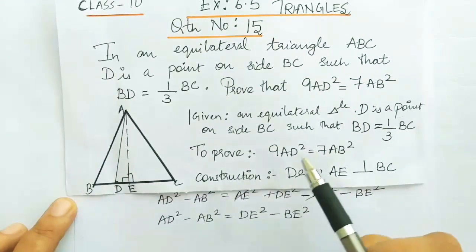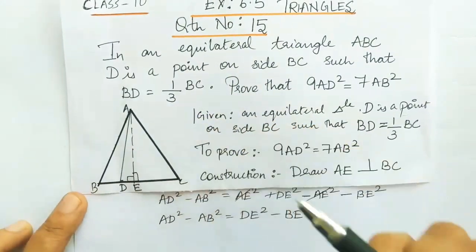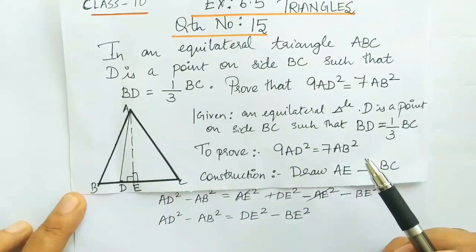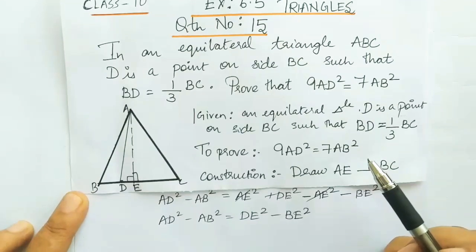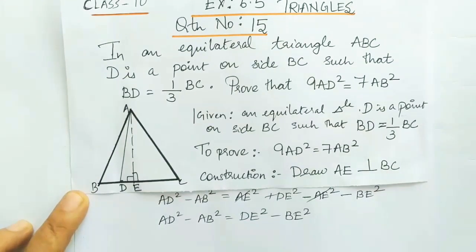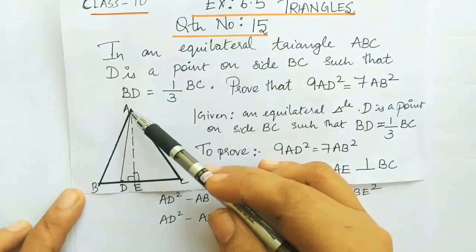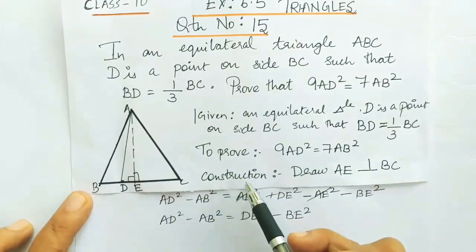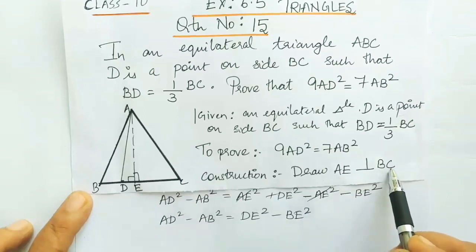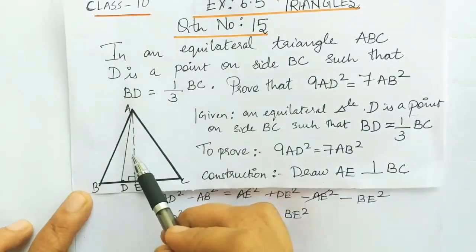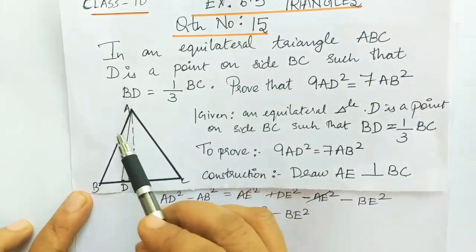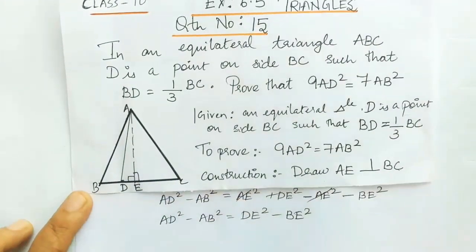Okay, for this problem, all these things are given here. This is a problem that is concerned with Pythagoras theorem. This problem has to be solved using Pythagoras theorem. For this, we need a right angle triangle. So what we are going to do is construct AE such that AE is perpendicular to BC. So in construction you have to write: draw AE perpendicular to BC. Now you get right triangles here. Three right triangles, that is right triangle AEC, right triangle AEB and right triangle AED.